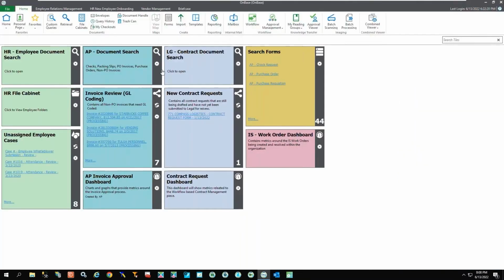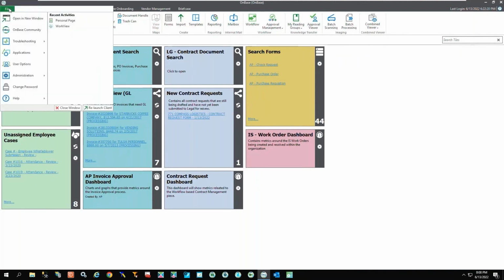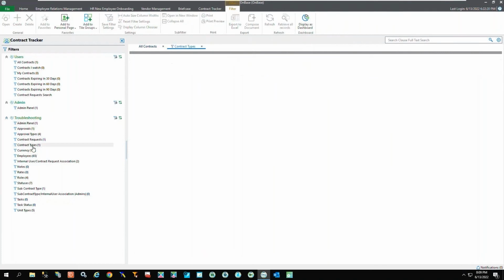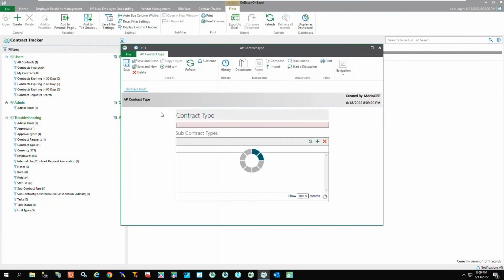So once you launch Unity, you can go to File, Applications, find the application, and then enable it to always be on. So then it shows up at the top in the little tab sections there. Starting off with my filters, we have a troubleshooting filter that we can add data to. If I look at my contract types, we have a procurement type, and I can create another one, make sure that these views look right and they function and they're saving correctly.